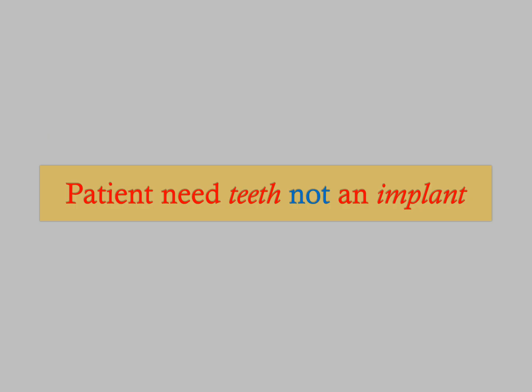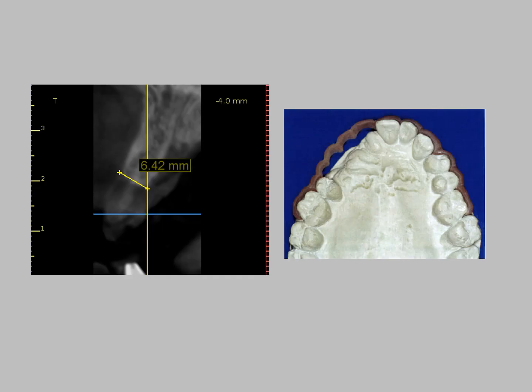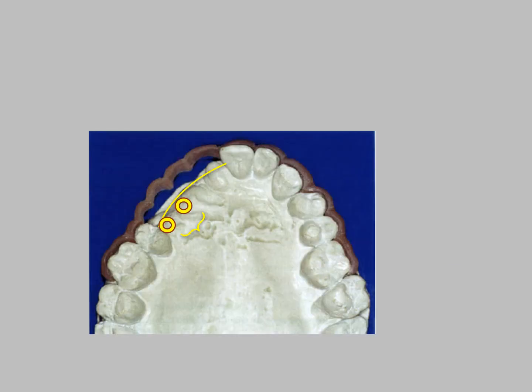Okay, let's talk about something which is the most important one. It's called prosthetic driven. The patient needs a tooth, not an implant. He needs a tooth to eat, for mastication, for aesthetics, and things like that. If you have a case like this, and we found that we have 6.42 width of bone, we can put an implant. We can put an implant of 3.4, okay, or 3.5. It will be good. So we'll have an implant here in the middle of the bone, like this one, okay, and